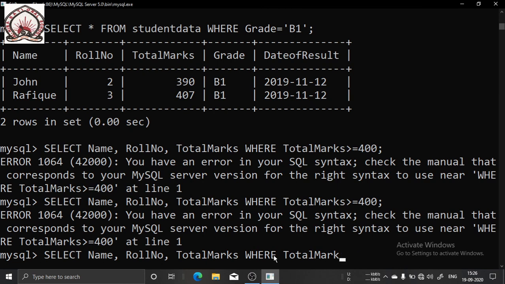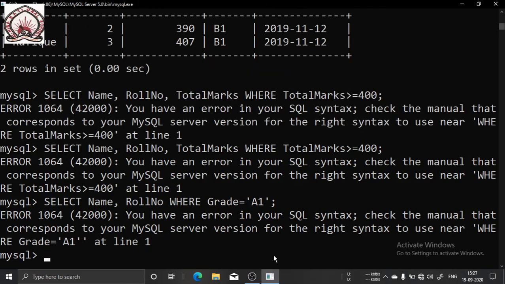I am just changing this: select name and roll number, where grade is equal to, I will take A1.